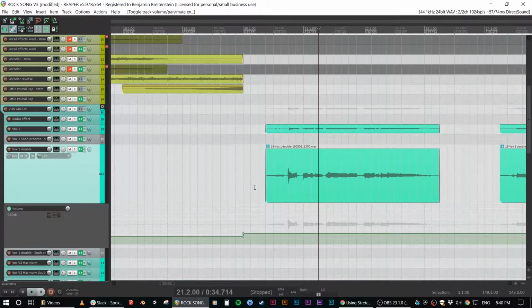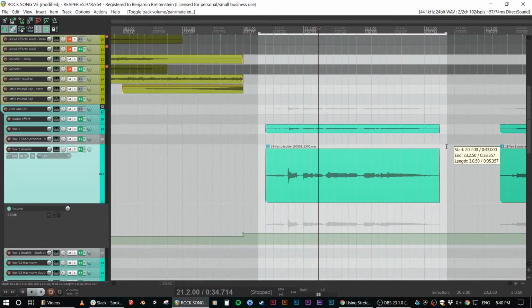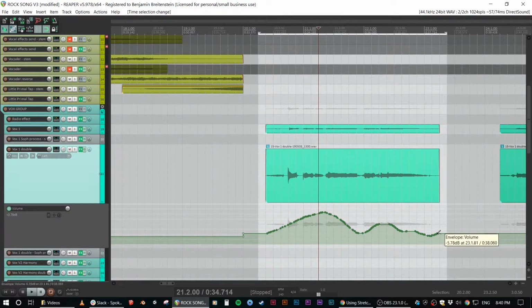Alright, here's bonus tip number 11, and I think this is my favorite. When you're going through and automating the volume of each of your tracks, it can be really annoying to sit there and try and draw them in with most of the default tools that you're presented with when editing your volume envelope. However, if you create a time selection for the region that you want to either increase or decrease in volume,